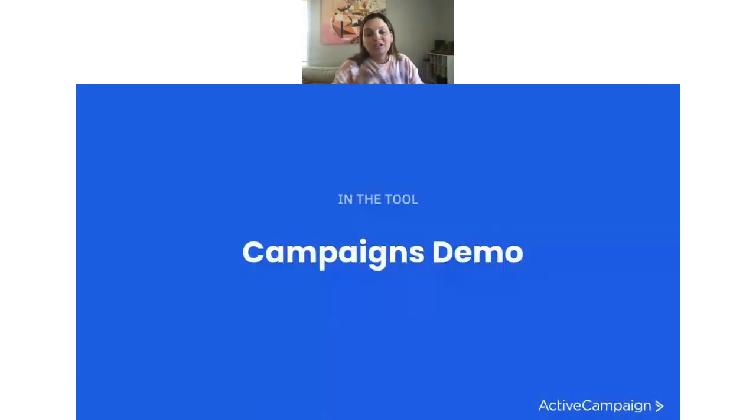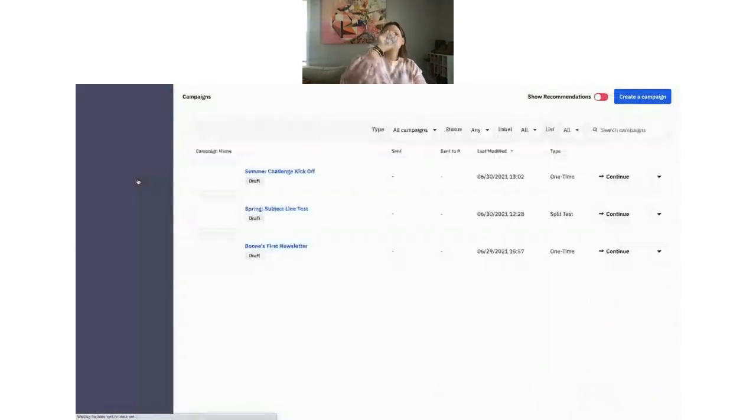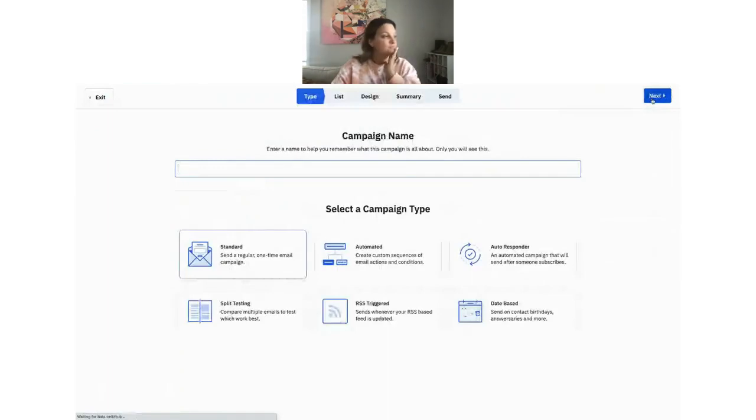So what we want to do is talk about what that looks like in the platform. So let's toggle over there and we're going to go to the campaign section. Now, we have a couple drafts here, things that we've built that we haven't decided to send. But what we want to do today is actually create a campaign from scratch. So we're going to click here and we're going to name our campaign Kickoff to Summer Challenge